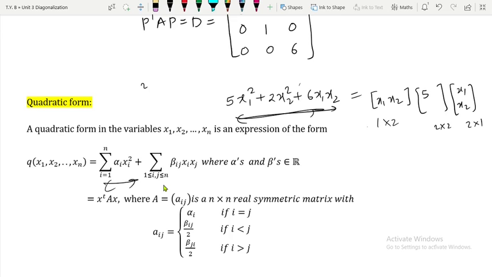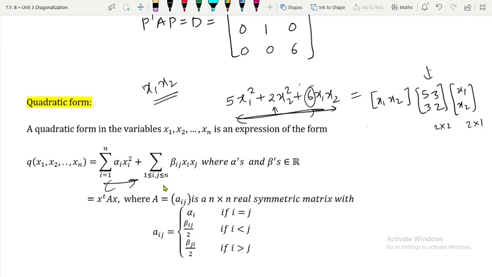Now since x2 square is there, x2 square can be written as x2 multiplied by x2. So it is going to give us the a22 entry of the matrix, and that is nothing but 2 in our case. Now next we are having x1 x2, so it is going to give us 2 entries. Basically it will give us the a12 entry as well as a21, because whatever matrix we get here is a symmetric matrix. Since it is a symmetric matrix, our a21 will be equal to a12. Now you should keep one thing in mind while writing these entries. Whatever coefficient of x1 x2 is there, you have to divide it by 2. So over here the coefficient is 6, so simply divide it by 2. So what is left? 3. So over here I will have 3, and over here I will have 3.